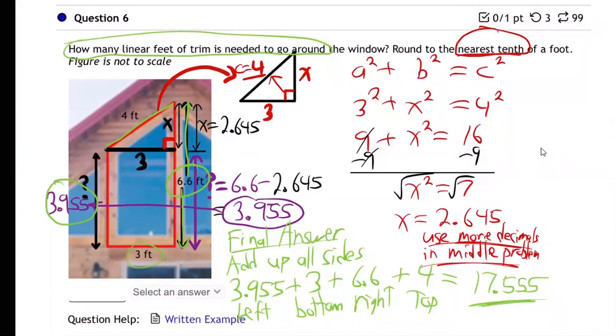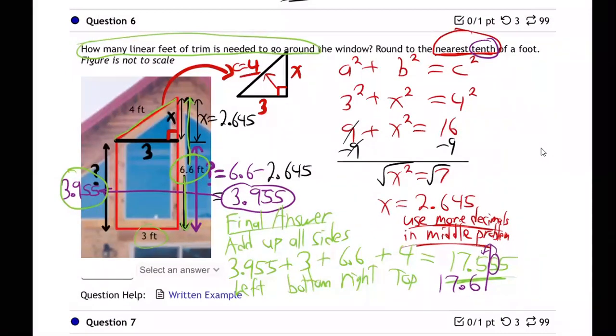Oh, and they want me to round to one place. I forgot. So they want me to round, they say, to the nearest tenth. That's one place. Cut it right there. One decimal place. This is a 5. So that means you got to round that up. So it's 17.6. So the final answer then for mine is 17.6. And then you choose feet here because all the units were in feet. 17.6